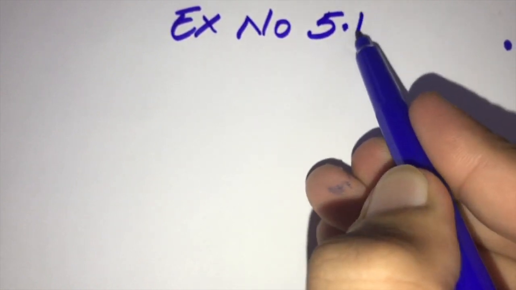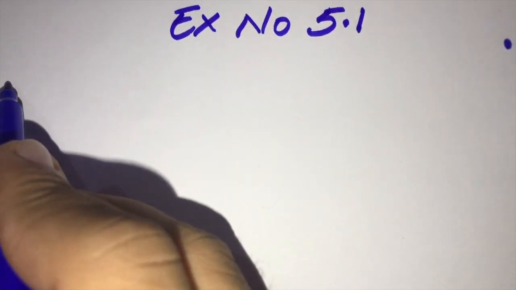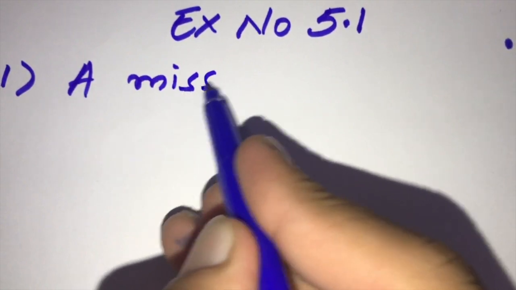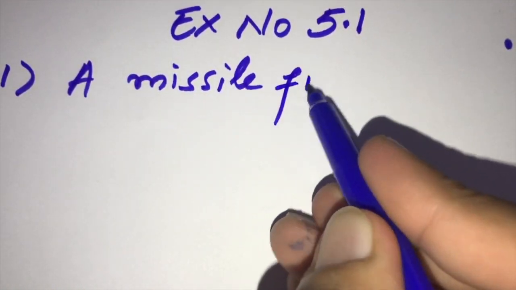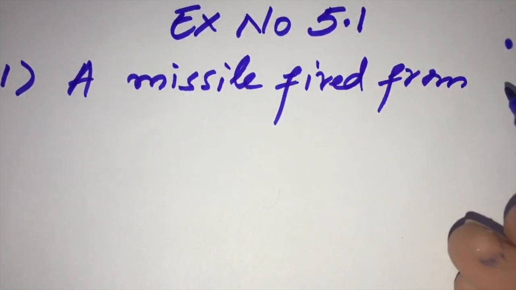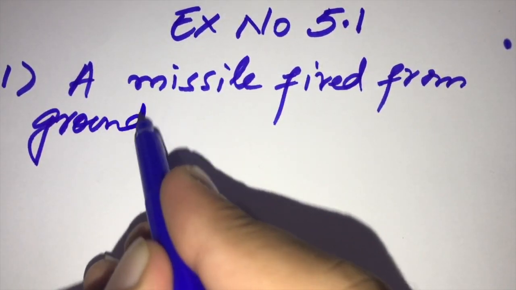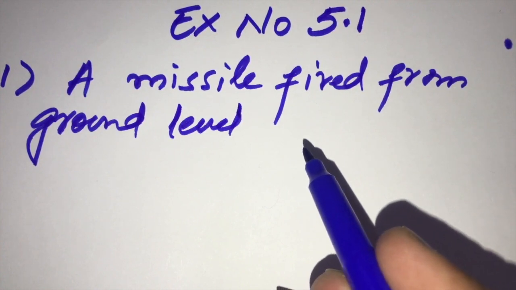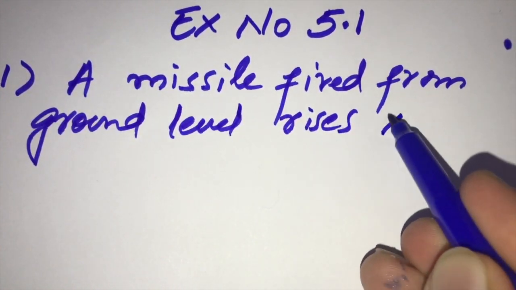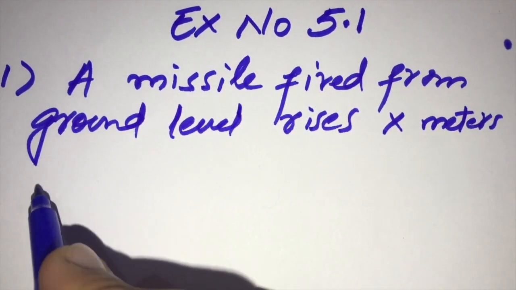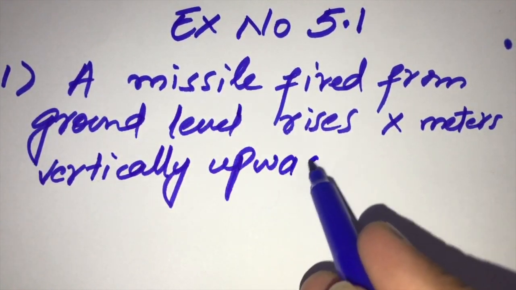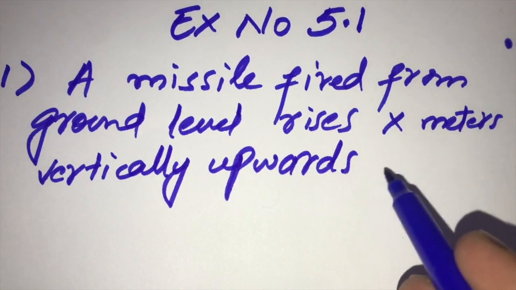Exercise number 5.1. Question number 1. A missile fired from ground level rises x meters vertically upward in t seconds,